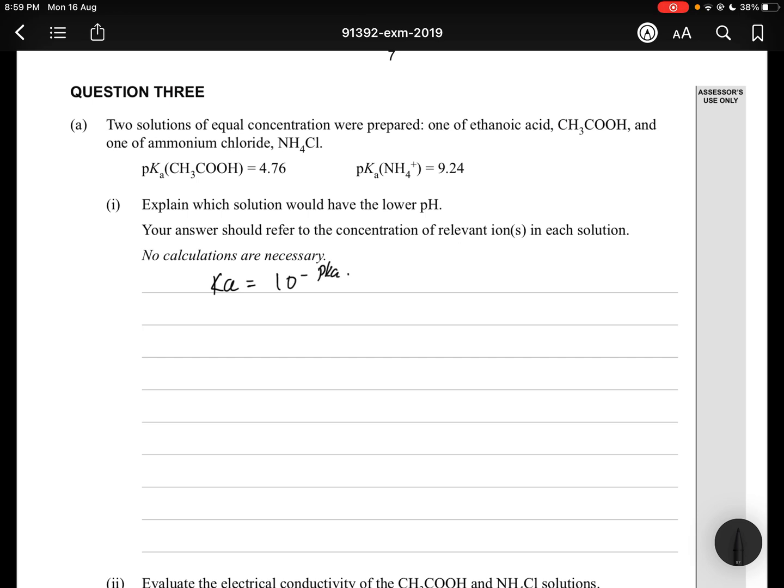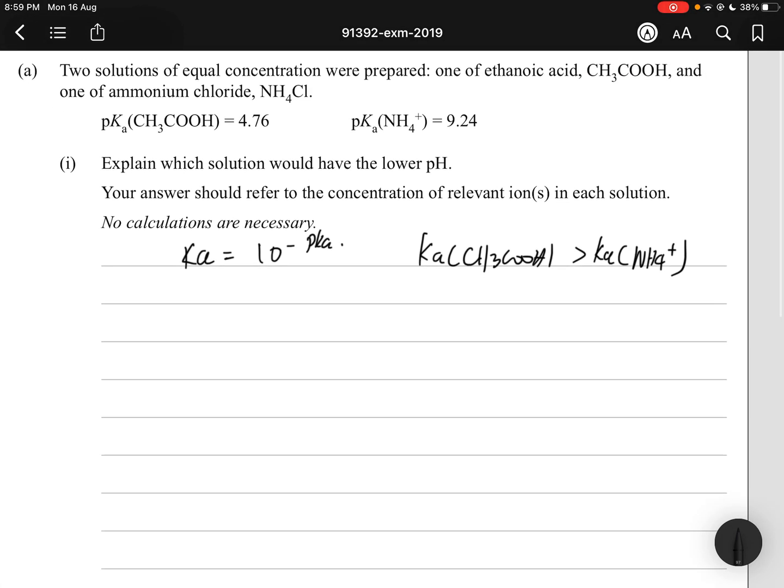So therefore, CH3COOH, which I'll just call ethanoic acid, has a higher Ka value than NH4 plus. So in this case, we know that Ka of... So just write down that we say that Ka is the acid